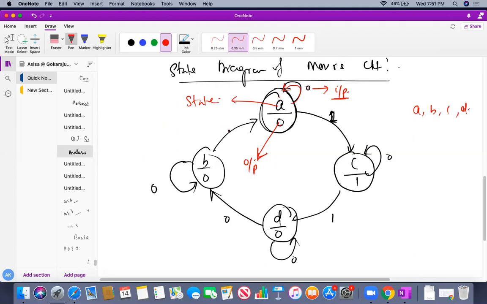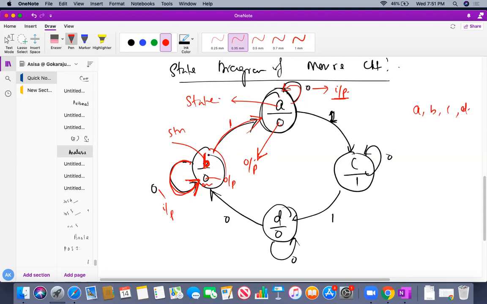Do you all understand now? So for this, B is the state, 0 is the output, and this 0 is the input. At input 0, the state B goes again to state B. At input 1, it goes to state A. So this is the way you need to analyze. Let's say B is one of the states with input 0. It goes to the next state, that is B only. At that time, what is the output? The output is 0.